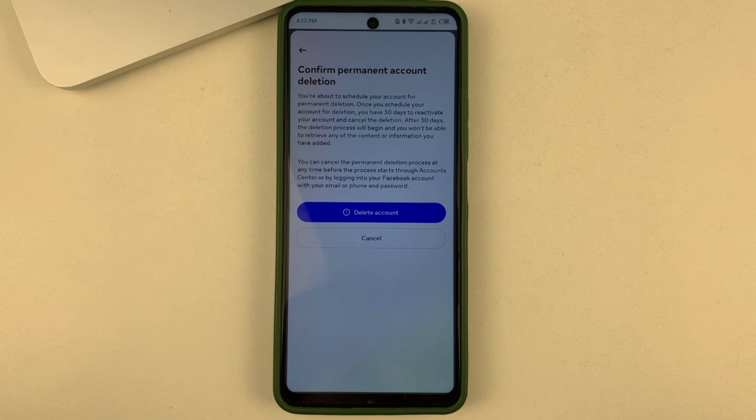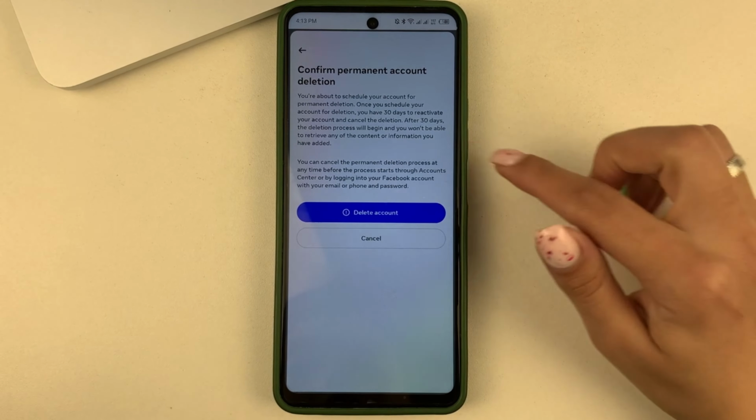During these 30 days, you may think in case you want your Facebook account back, then you can get it back very easily. For that, you will just need to enter your username and password, and this way you will recover your Facebook account. And if you don't change your mind, then 30 days after deactivation, your account will be automatically deleted. And if you are completely satisfied with the terms and conditions, then you can just click Delete Account.